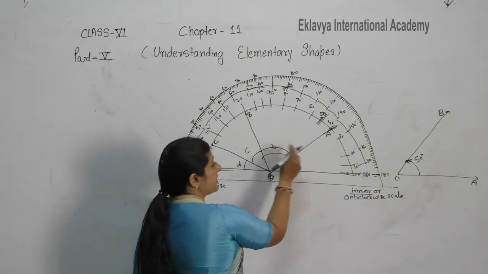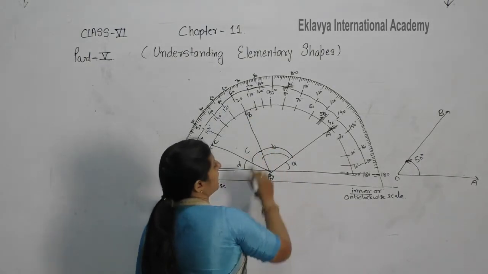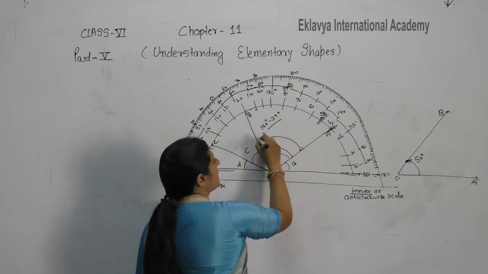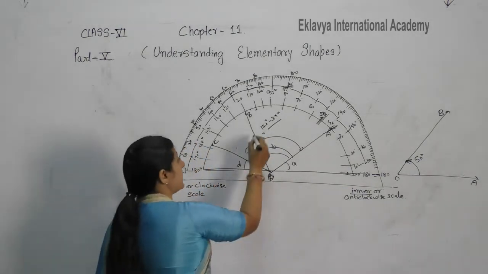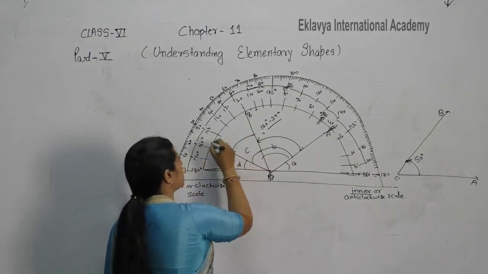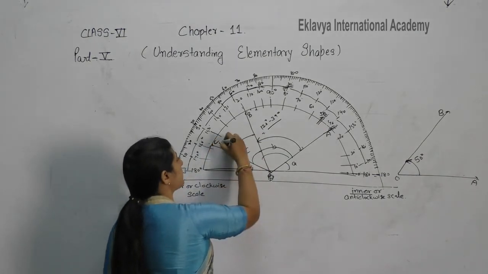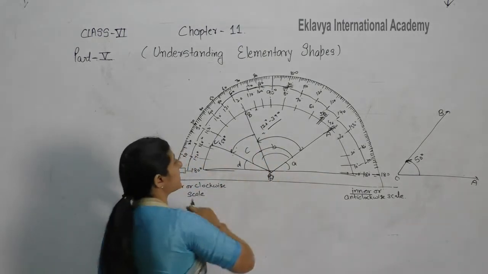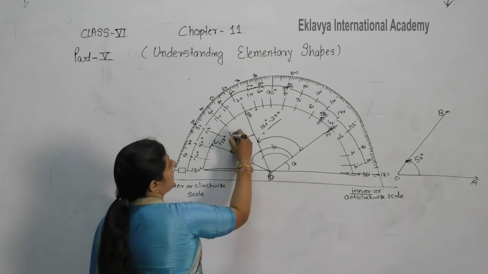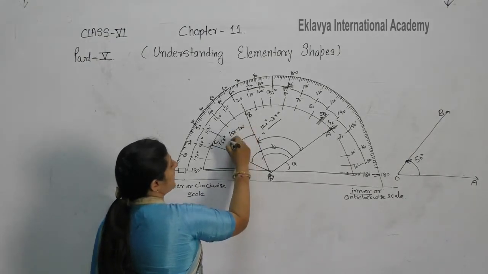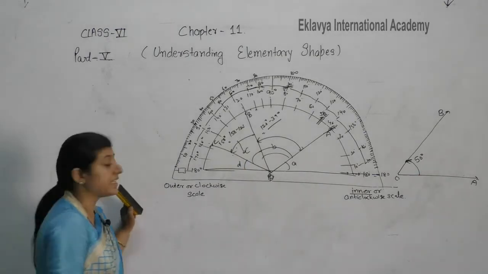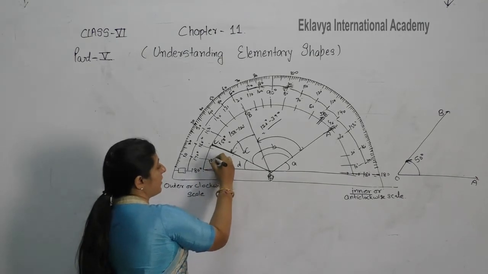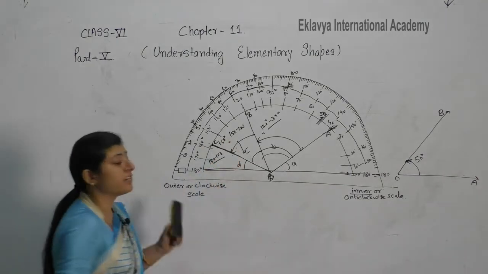Between A and B this is 39 degree, and at this 120, it means 120 degree minus 39, then you can find out angle B. C is at 120 and this one is 2 lines less, it means 158 degree, because we are moving on the inner scale in the anti-clockwise direction. So 158 degree, then it means 158 minus 120 will be the value of angle C. D is from this one at 158 to this one at 180. 180 minus 158, then you can find out the value of D.